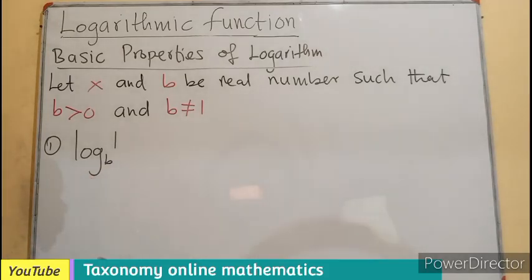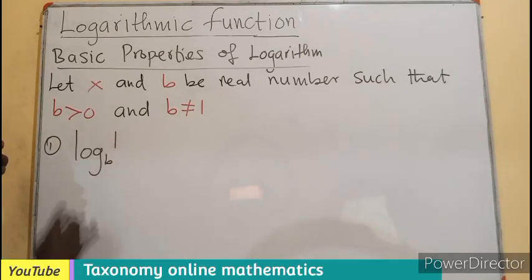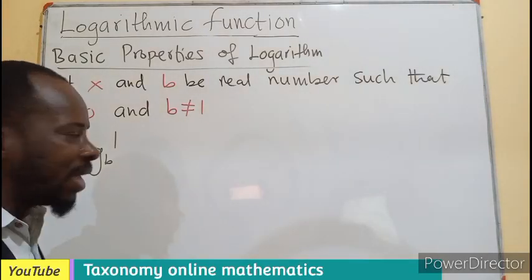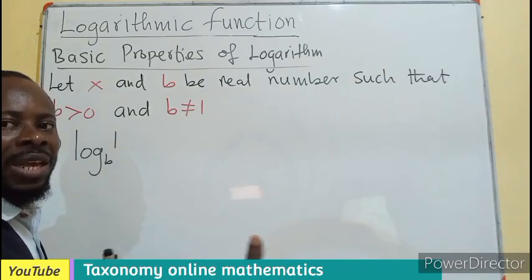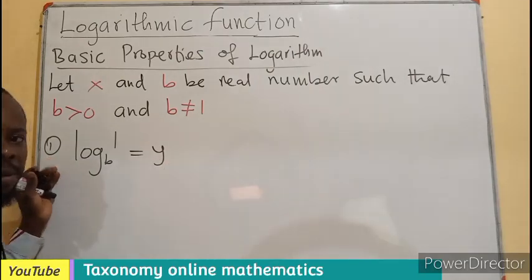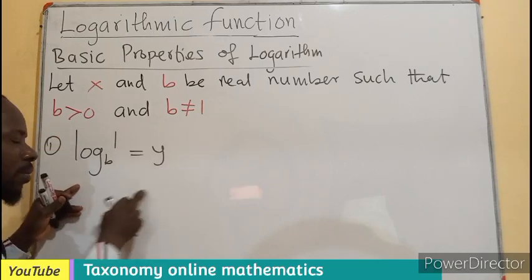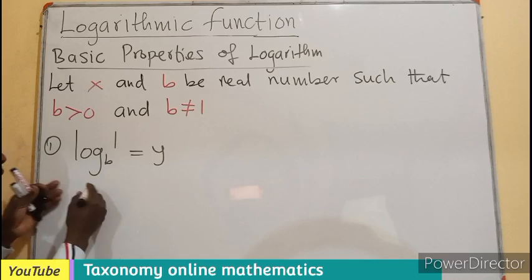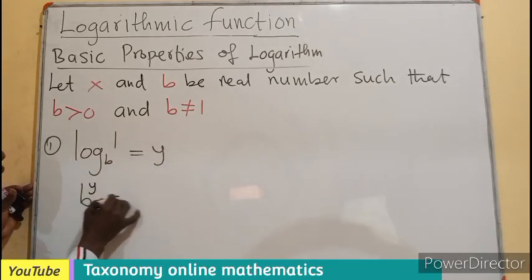What would this value be? It's a property we are trying to develop: a logarithm of 1 to the base b, what will it give us? From our earlier episode, we mentioned that it is a logarithmic function. Therefore, we can write it as an equation. So if we let the whole of this equal y, let's just use a variable, then we can convert the logarithm into indices by repeating the base, which is going to be the base b, exponent y equals